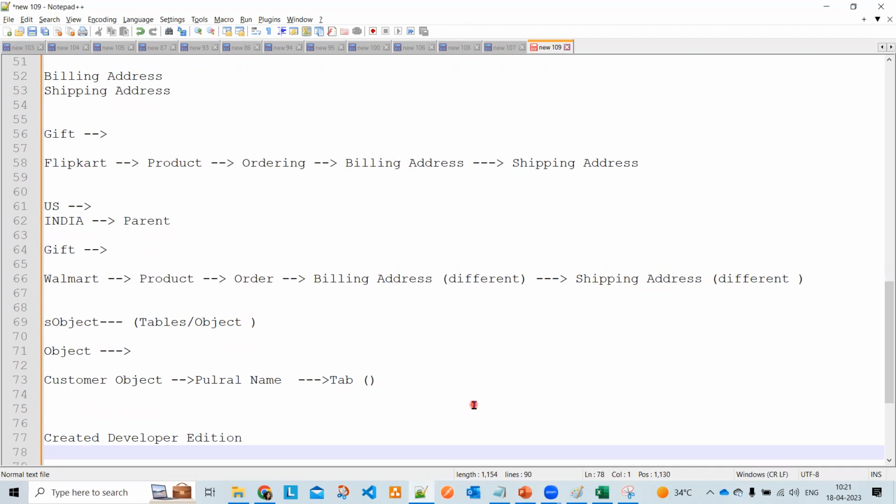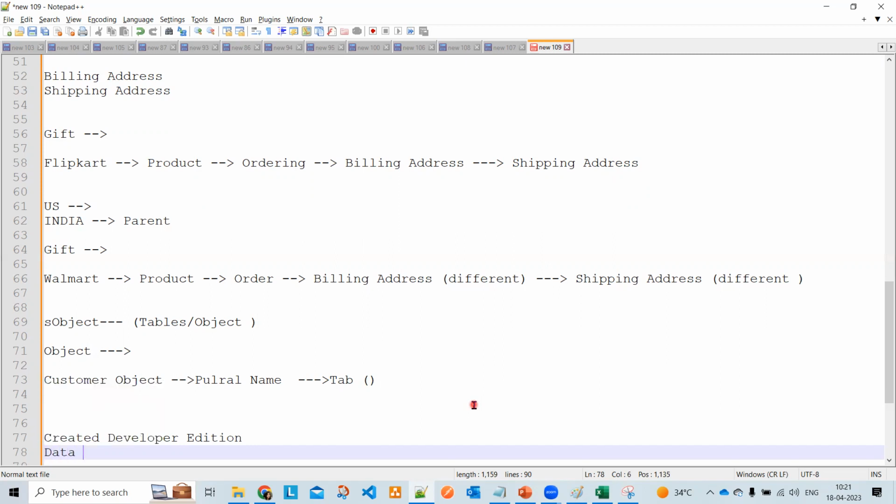If you have not created it by tomorrow, just let us know, because you have to first create it before the session. Creating a developer edition, how to create it? What details do we need to give in order to create it? What should be the username, email? Then we have seen